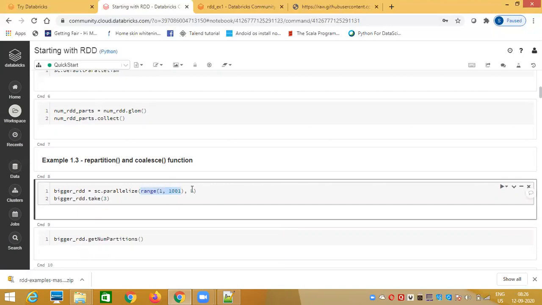And just to show you, the second parameter takes the number of partitions. Even if you don't mention it, by default it will read it as 8 partitions. But the objective is to show you that while reading the data, you pass the number of partitions. In real-time projects also, we always follow the same thing. We never rely on the default partitioning. We always read the data by explicitly specifying the number of partitions.